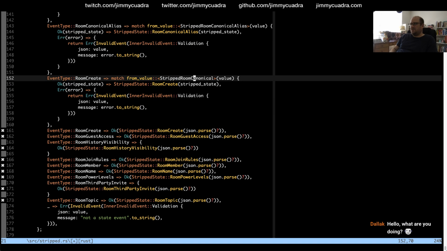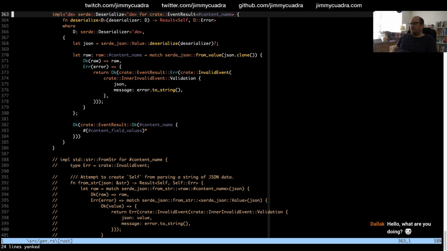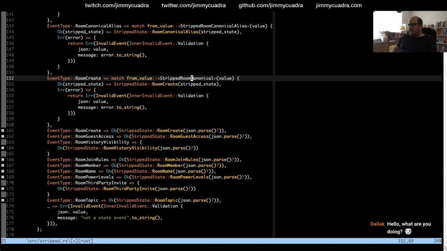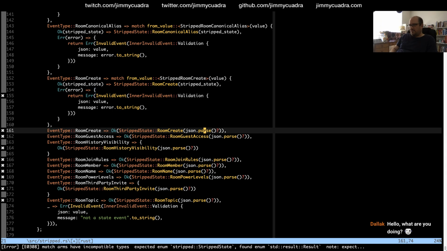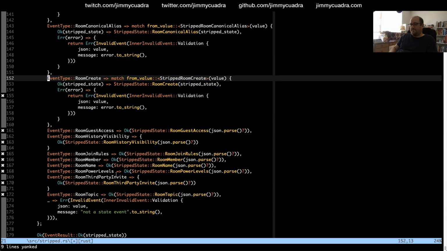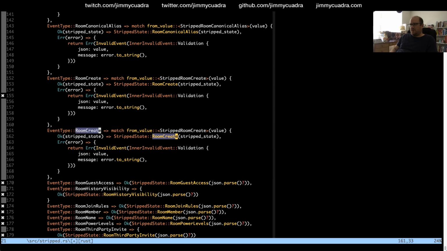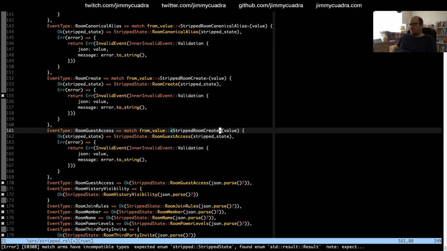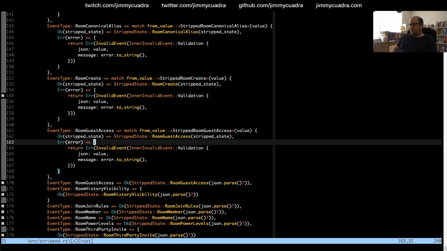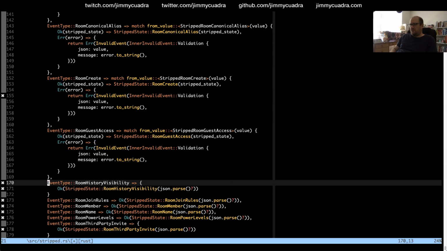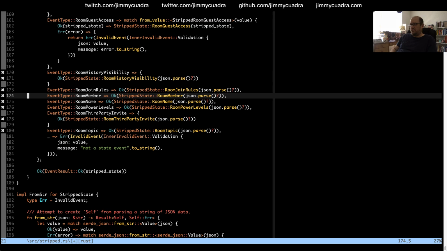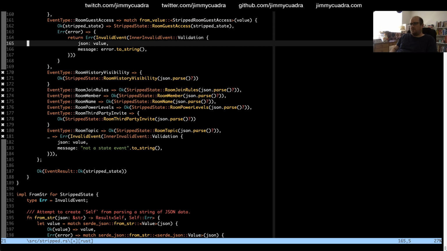I'm going to turn that off because it's just so frustrating to have it autofill things as I'm trying to delete them. Stripped room create. Ah, much better. This one is room guest access. Stripped room guest access. Okay. How many more are these? About 6 more? Ugh. 6 or 7.